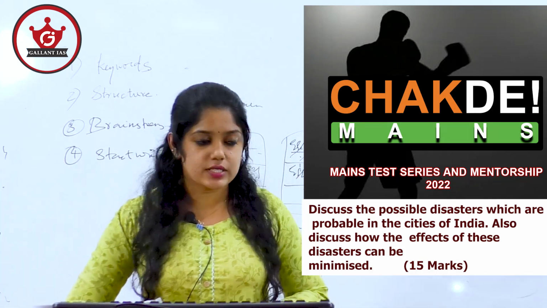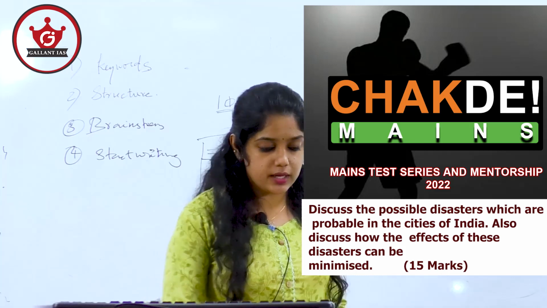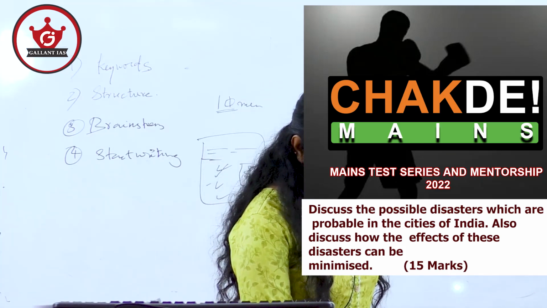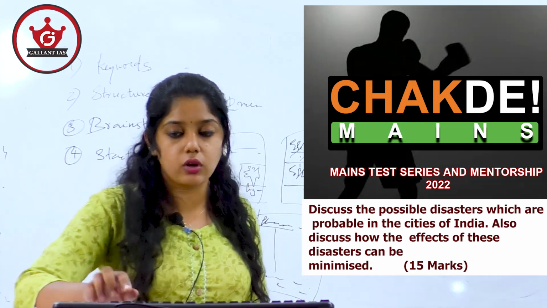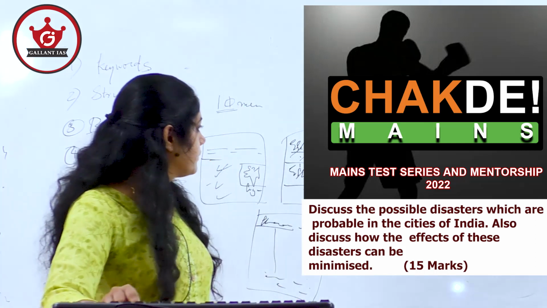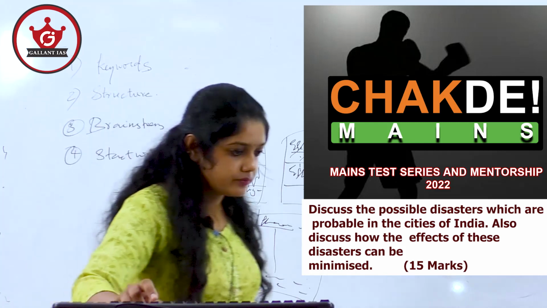This is how a 15-mark question has to be addressed. Is it clear? Similarly, I will show a topper's answer key. Here, this is the answer key of Aishwarya Verma. She has secured All India 4, I guess, this year. If you look at her answer,